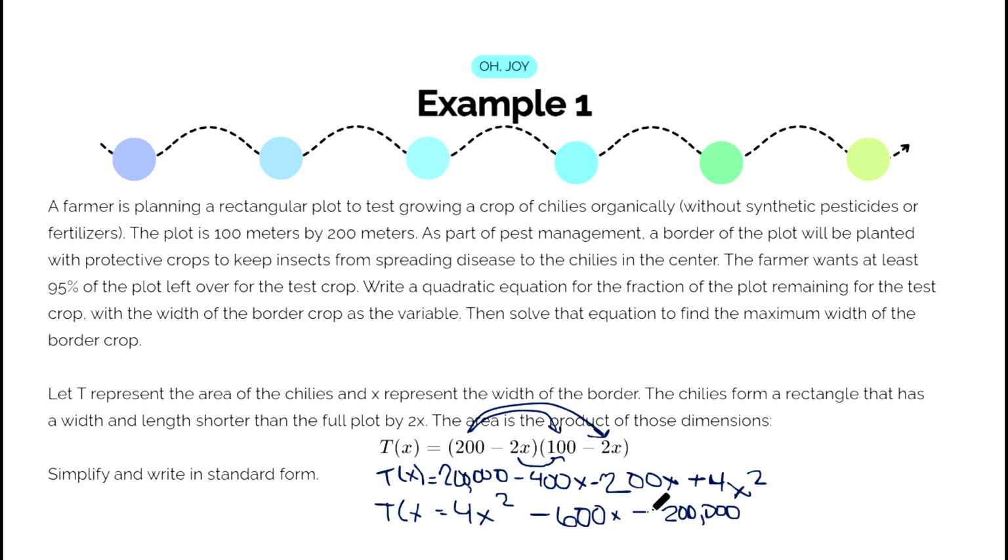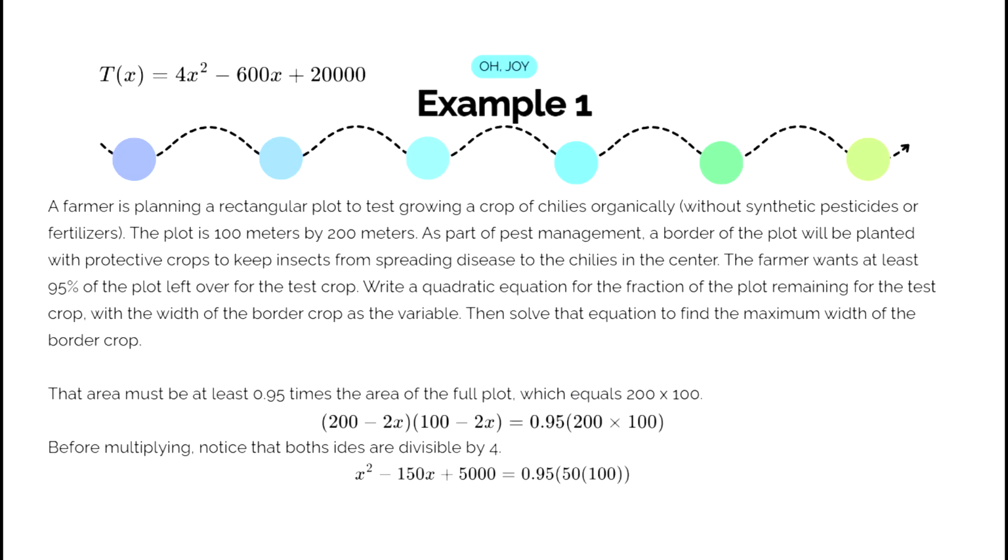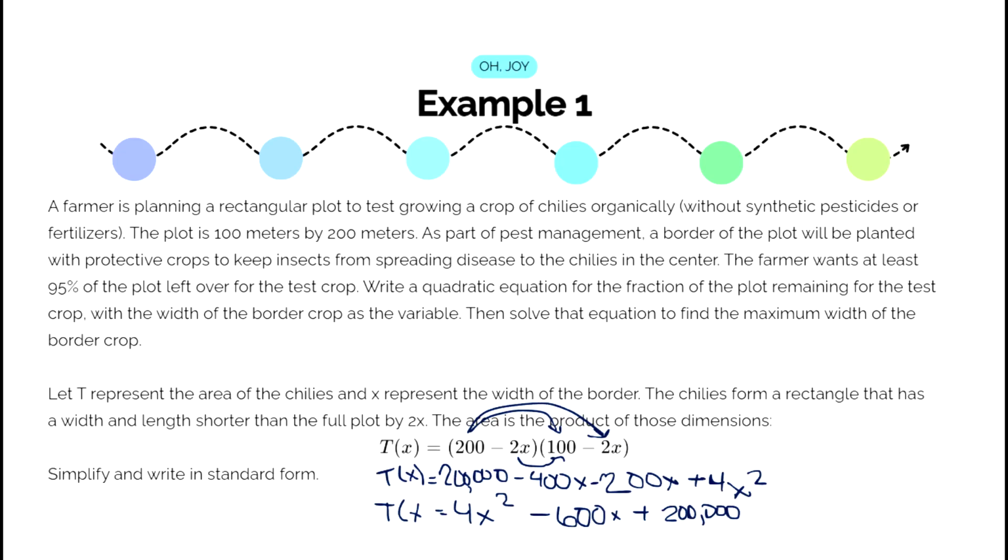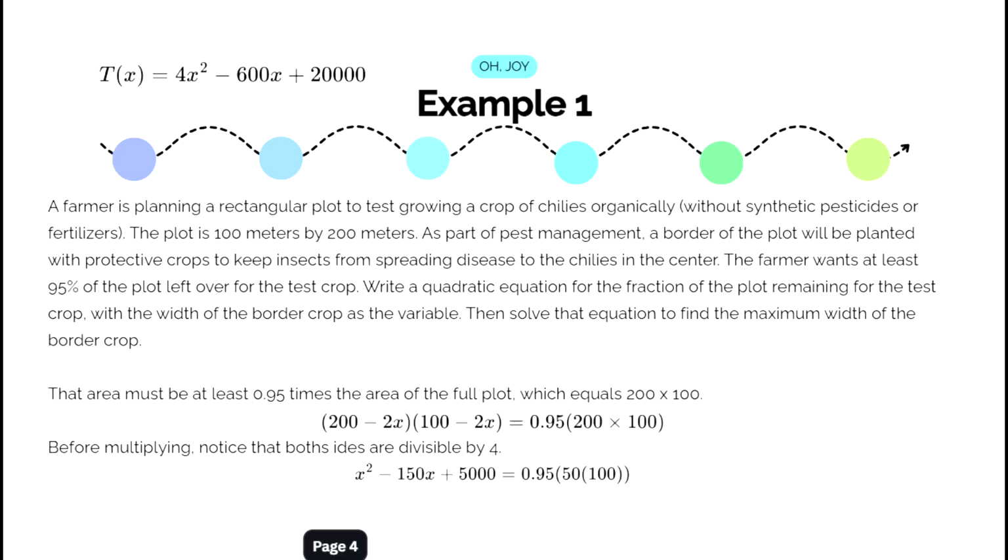This one's a positive, so we'll put a plus right there. This should be our formula. Let's see how badly I screwed it up. 4x squared minus 600x. Oh my gosh, I actually did it right, guys. That's scary. So the area must be at least 95% times the area of the full plot, okay, which equals